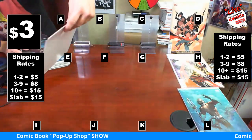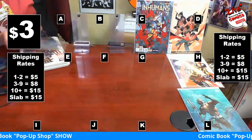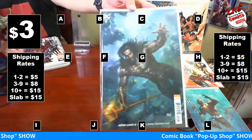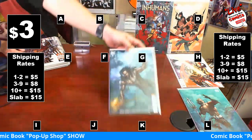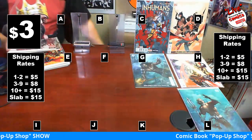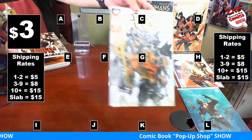All right, we've got the All-New Inhumans number 1. Going back to the well, Justice League number 12, but a Parrillo cover. A Parrillo cover. Also, that's the Momoa cover. Man, $3 variants on the board for the next couple of rounds. Well, they're not all variants, but there's a bunch of variants in here. Next up, we'll save one for the next round. Justice League number 10. I think this is a Jim Lee cover? I'm not sure, but it's got the foil shiny goodness